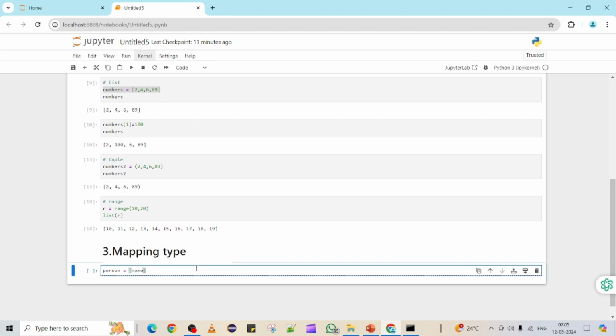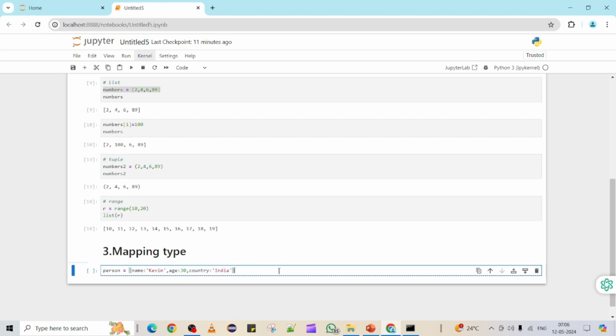Example, name, Kevin, and age you can give 30, country you can give India, right? So basically I'm trying to declare a variable with multiple features in the form of key value pair,